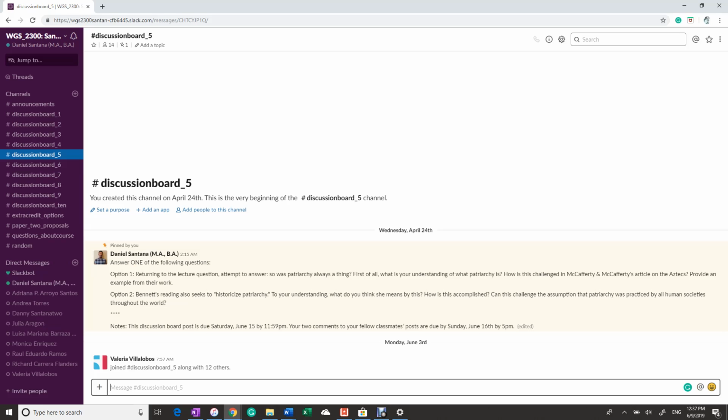So don't use an emoji in a way that conveys something, let's say if you're trying to be condescending, or if you're trying to put somebody down in terms of something that they wrote. So again, let's keep it professional, okay? So I guess the point here is that the @ symbol and the emojis, those are options I would encourage you to use only if you're doing replies to discussion boards.